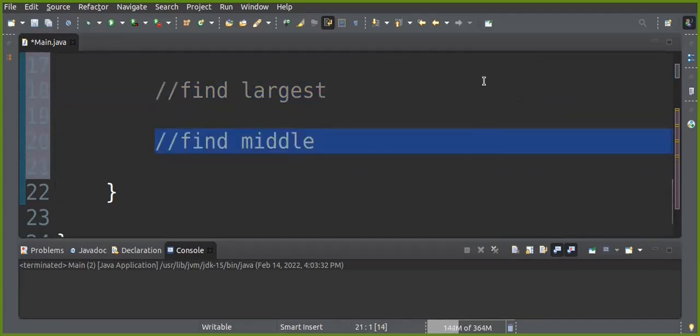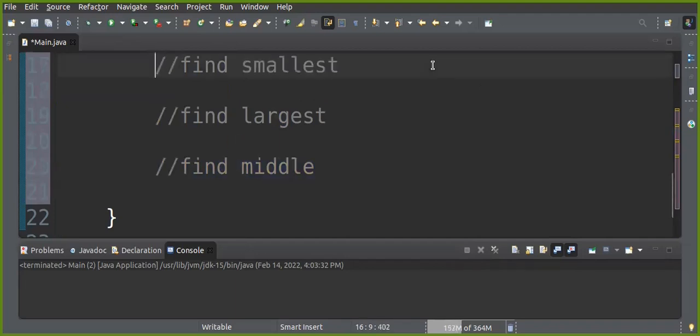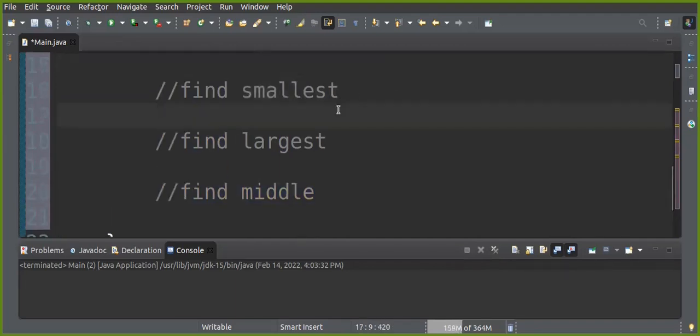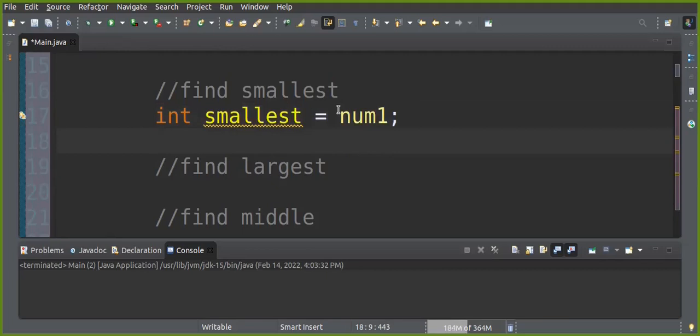All right. So what we can do here, I'm going to show you the beginner's approach using if statements. And after that, I'll show you the maths behind it so that we could reduce the whole block of code into just 3 lines of code. So we can say that our smallest number is number 1. We assume that our smallest number is the number 1 that the user put in. We will then check